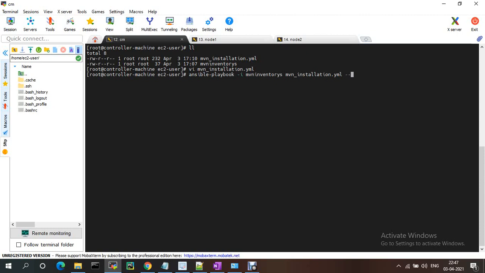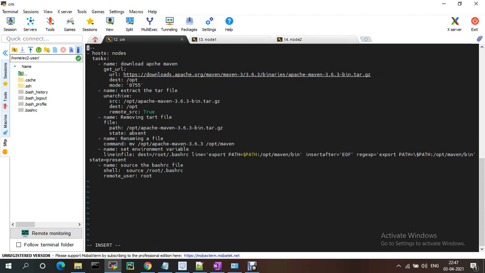Okay, with the --syntax-check, it should be everything good. So I just need to change the host names. See, the hosts are not matching. My inventory group name is, let me open the playbook, mvn installation.